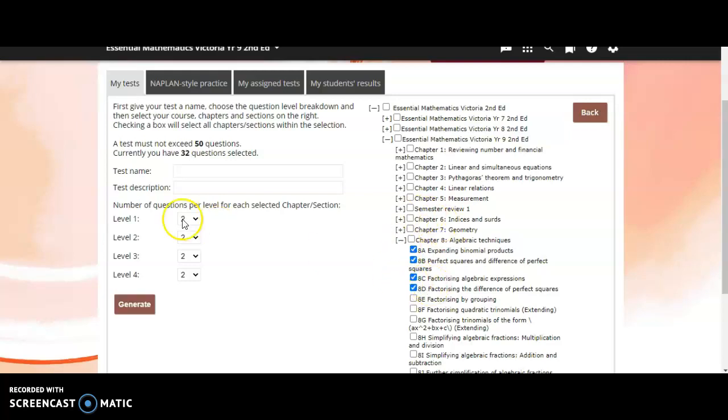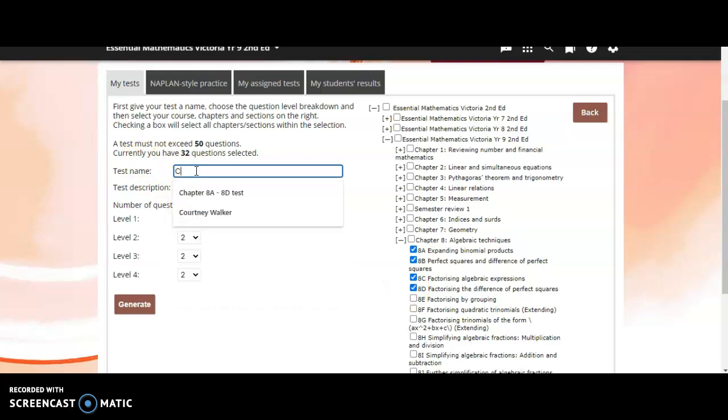Note, what you select, it's going to create 2 questions from level 1, 2, 3, and 4 for each of these subchapters. So as you note, as I tick this off, you'll see questions selected is 8. It's got 2, 2, 2, 2, which is 8 for 8A. 16, 24, 32. Type in the test name. Chapter 8A to do test. If you're going to create multiple tests, use one full stop for one test. Then hit generate,